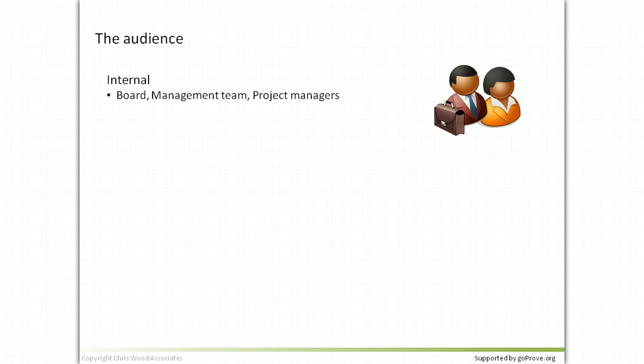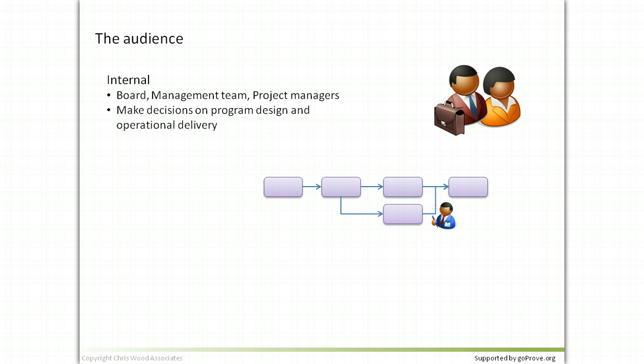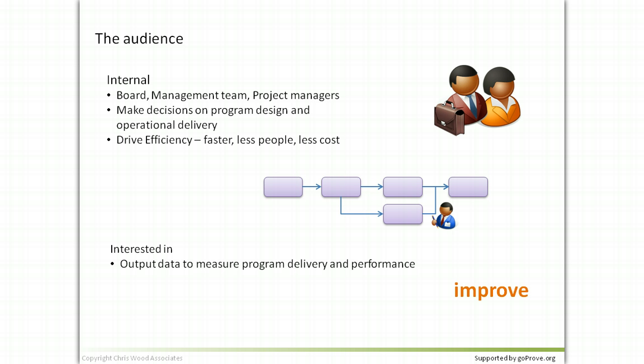An internal audience would consist of board members, the management team, and even project managers. They need to make decisions on the program design and the way the program is delivered operationally. They need to drive the efficiency of the program, deliver it faster, use less people, and try and do it at less cost. They're looking to improve the program, and generally they will be interested in the output data, which measures the delivery